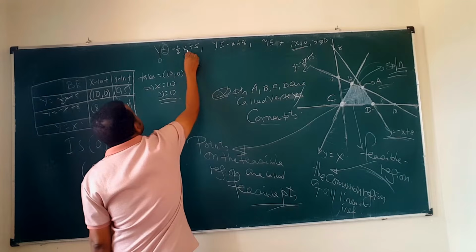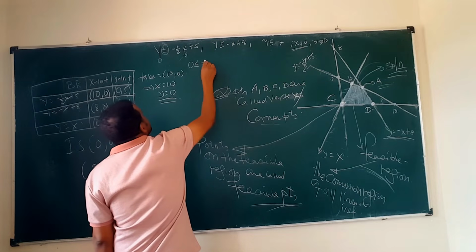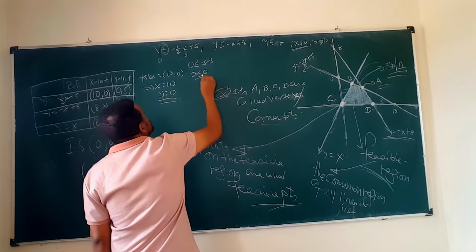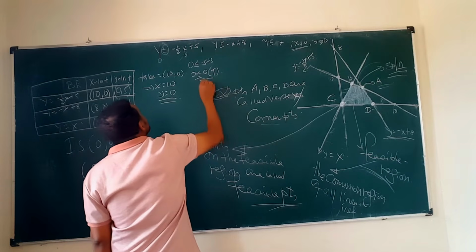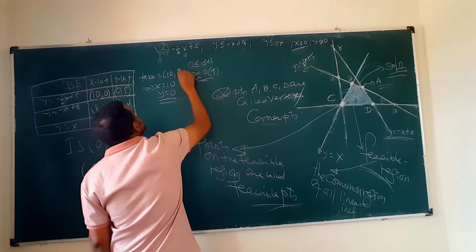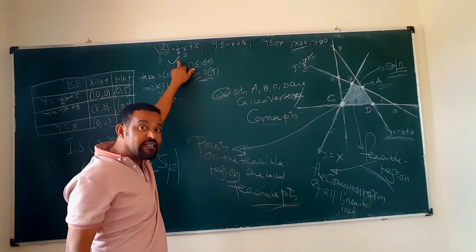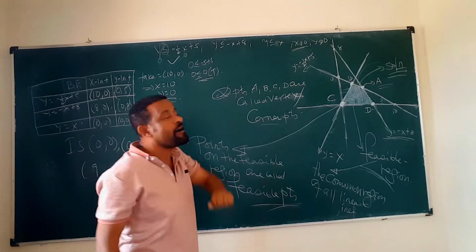Negative 5 ነው። So negative 5 plus 5 is 0, 0 is less or equal to 0. So this is true. ስለዚህ true ስለሆነ the point (10, 0) የማን አባል ነው? የዚህኛው አባል። የዚህ ኢኒኳሊቲ አባል ነው ልባል።